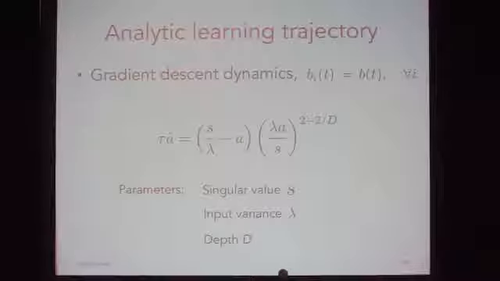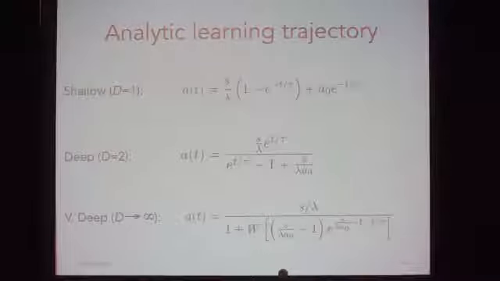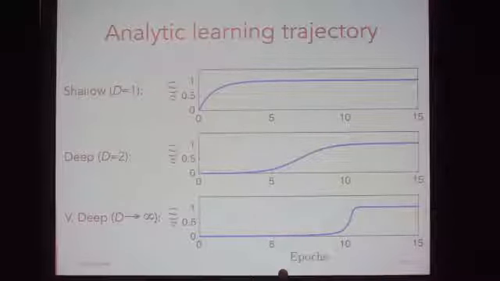Okay, so that's great. Can we actually get the analytic form of that curve? The answer is yes. So here's the differential equation describing how these effective singular values evolve. You notice that depth is one of the key terms there. So for different depths, we get different differential equations describing how the effective singular value changes. I just want to pull out 3 special cases. In the shallow network, as I said, you have exponential approach. In a minimally deep network, you already have a sigmoidal shape. And in a very deep network, the limit as depth goes to infinity, now you have this form that involves the Lambert W function. And just to show you what those look like, there they are. So you can see the switch from exponential approach to a sigmoid.